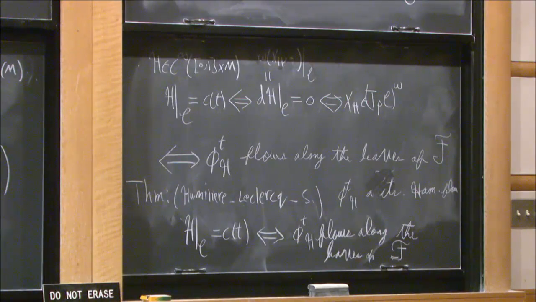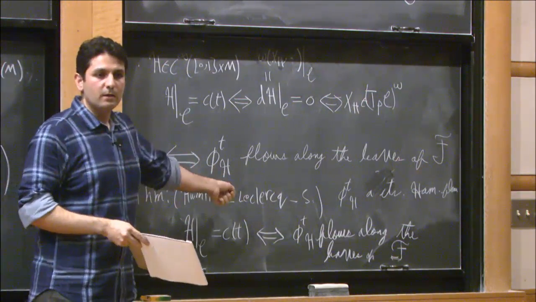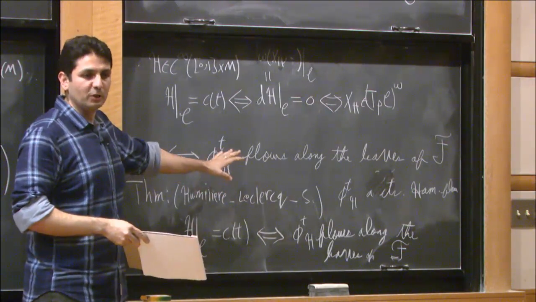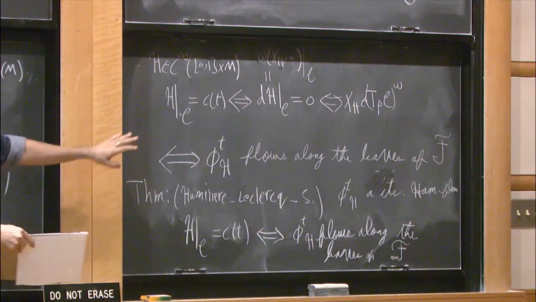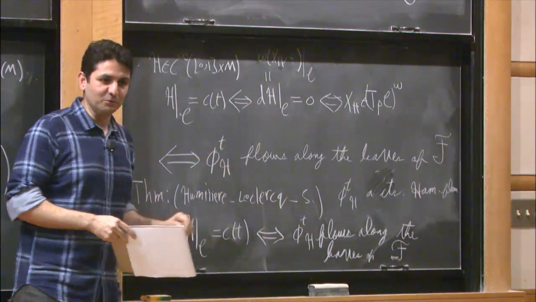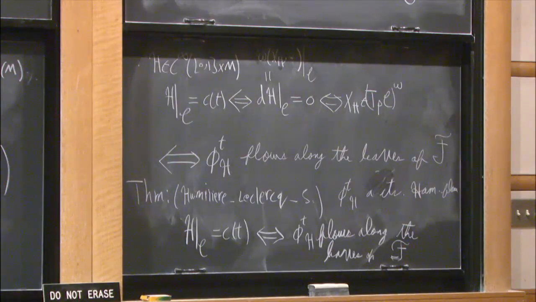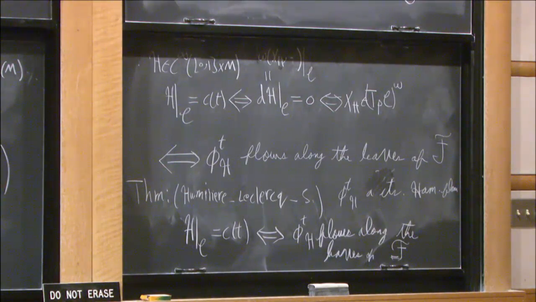So having seen these results, I was at least half convinced. I was giving it like a 55% chance that something like the Arnold conjecture should be true. And there are some other results that convinced me that there was an 80% chance it was true. I'll state those results in a second. So knowing these, we were kind of convinced that the Arnold conjecture was true, but it's not true. So now I'll tell you the statement of the main result of the talk.